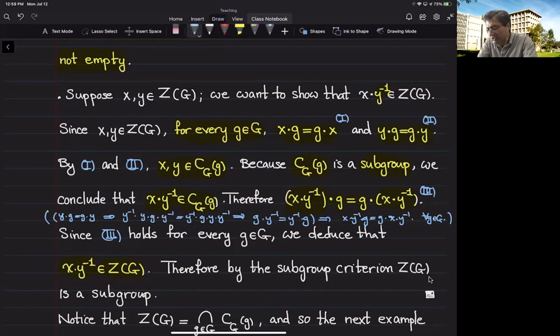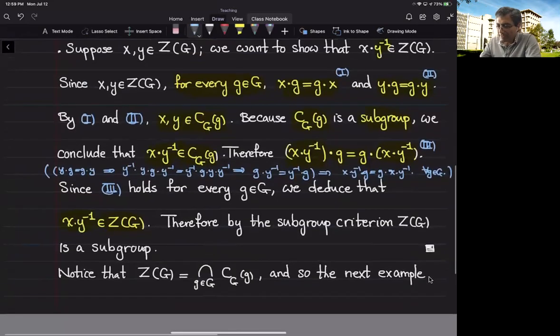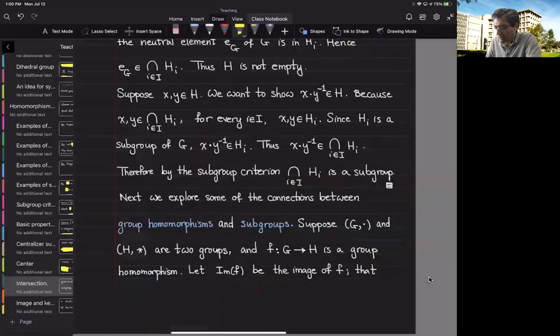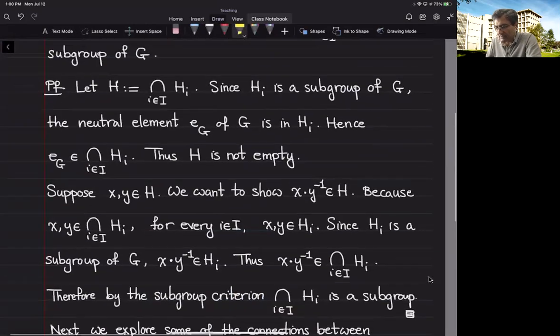But the reason that I mentioned it the way that I did, using the centralizer, is the following remark: the center of G means that we are in the centralizer of every element of the group. So an element X is in the center if and only if it is in the centralizer of every element inside the group. So the center can be viewed as the intersection of all the centralizer subgroups. Therefore, the next example can give us an alternative way of proving that